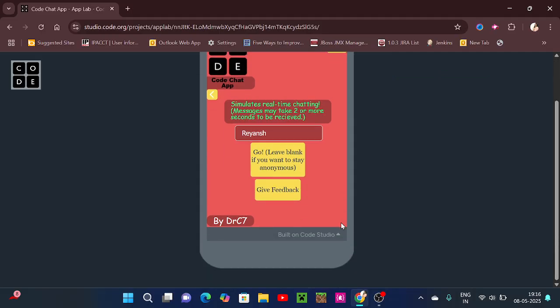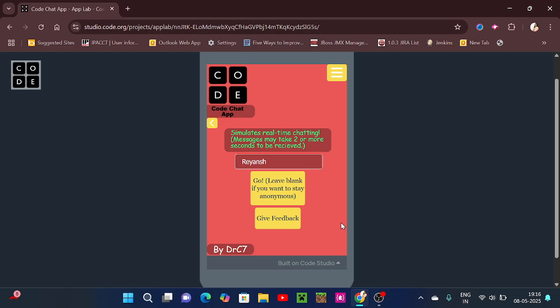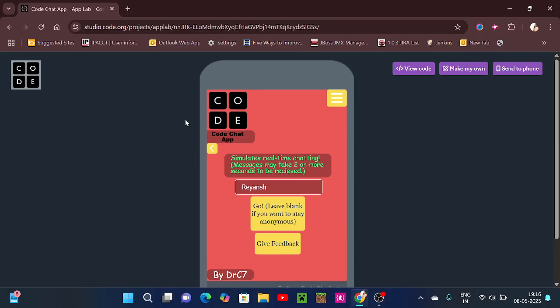And also I'm going to tell you one more feature, although I can't demonstrate it now. If you are using another device and your user ID, which is client side, has a report, then you will be shown a warning that you are reported, and if you are found guilty, then you are going to be banned. And there is also a ban page where if you open this app and your user ID is banned, then you will not be able to use the app, and it will redirect you to a screen where it will say that you are banned.